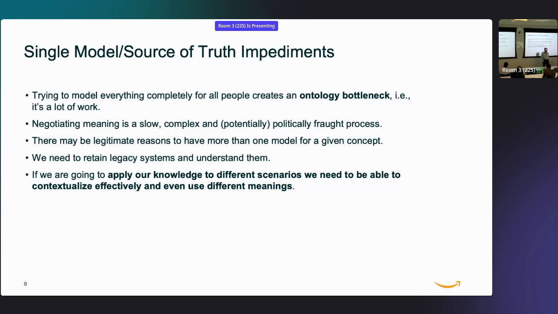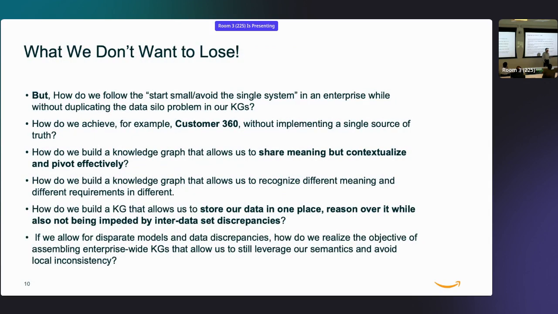And of course, anybody who's tried to build an enterprise-wide ontology knows that's really hard to do, right? There's often what we call the ontologist bottleneck. It takes a long time for ontologists to get together and figure out the different meanings of things across the firm. And in fact, there's a brittleness problem too, right? There may be very specific reasoning requirements in one place that aren't needed in another. So suffice it to say, it can be very challenging to build a single model of truth.